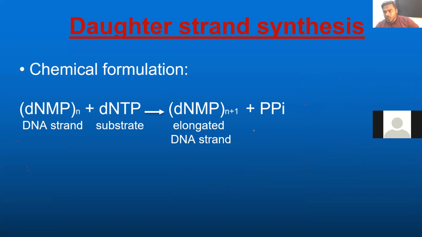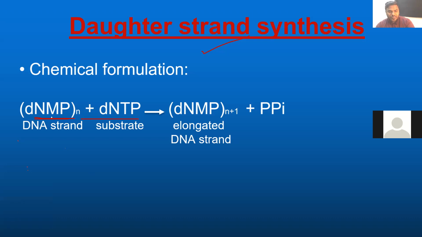Can you count how many nucleotides? You can't. Our DNA has billions and billions of nucleotides. For example, if you take the DNA and keep it on the floor, it goes from planet Earth to planet Mars, and from Mars back to Earth 600 times, not 6 times. That much long a molecule our DNA is. What is this long molecule of DNA made up of? Billions and billions of nucleotides. So how can I define the word chemically? Joining of one nucleotide with another nucleotide. That is only what we can call daughter strand synthesis.